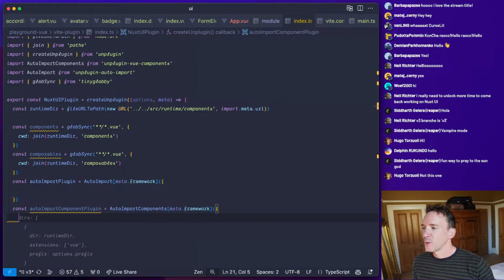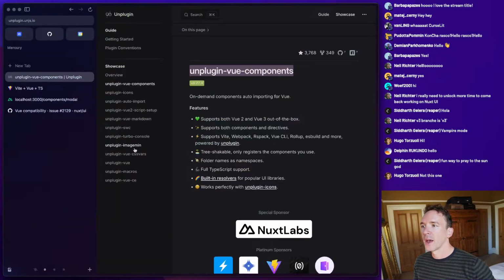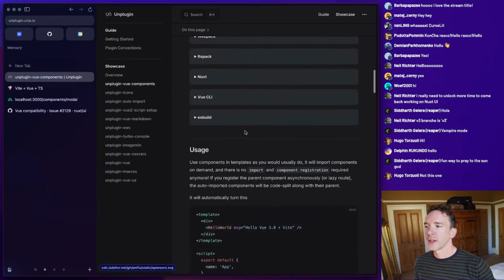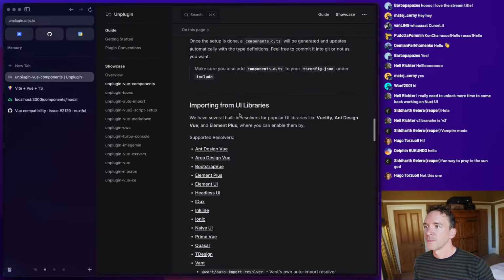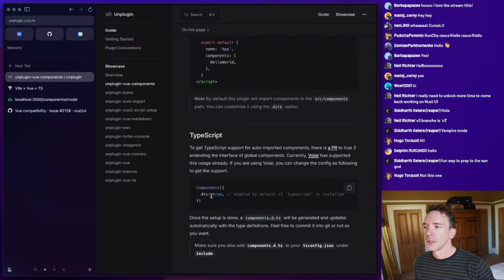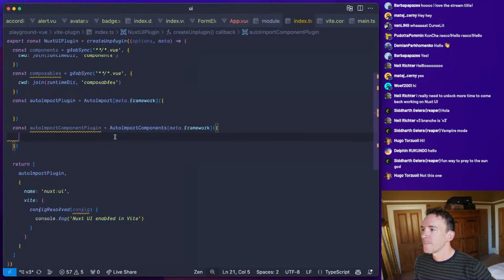Right, so how do we configure this? We configure this with, thank you, what are the options? DTS, cool. Let's do that.